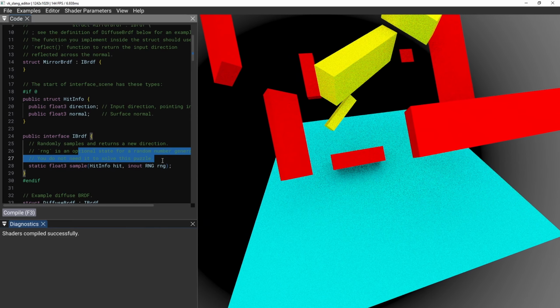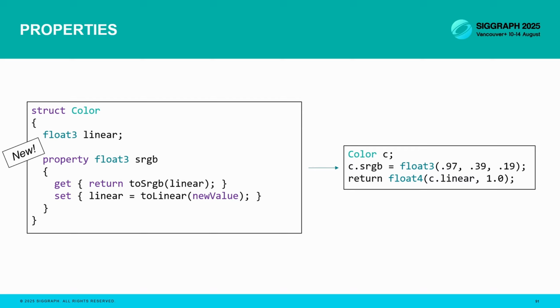Here are 2 more fun tidbits that we didn't have time to talk about in the live version of this lab. In Slang, you can also add properties to classes, which look like member variables, but are in fact a getter and a setter function. So here, for instance, I have a struct that holds a linear RGB color, but in some cases, it's just more convenient for me to give it sRGB colors. If I wanted to add a way to automatically convert sRGB colors, I'd usually have to add a getSRGB function